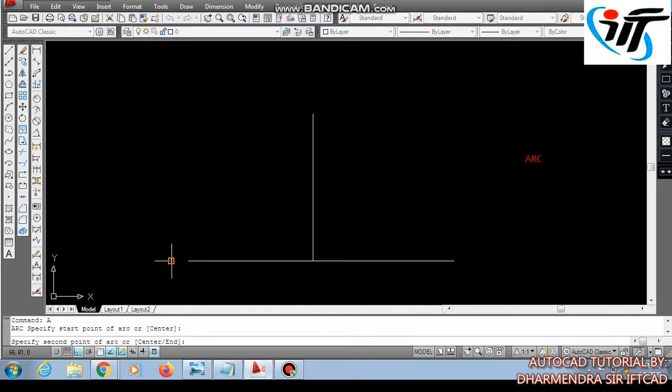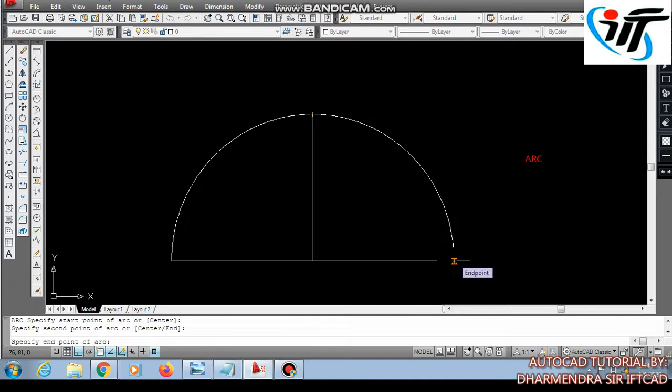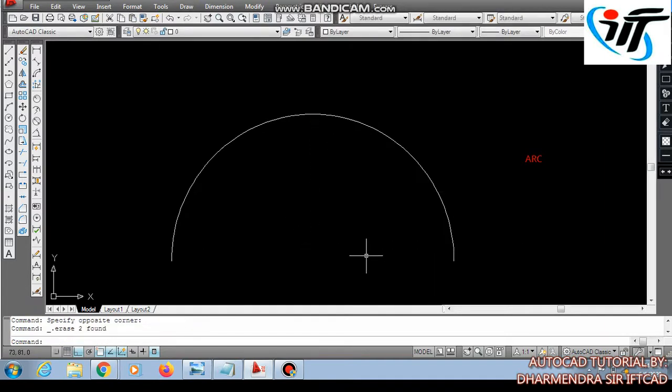Specify the first point, specify the second point, then specify the end point. Now delete the reference line. This way we have drawn an arc. Okay, this was all about arc and circle.